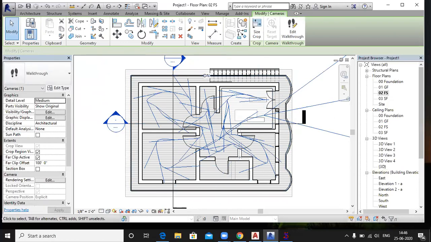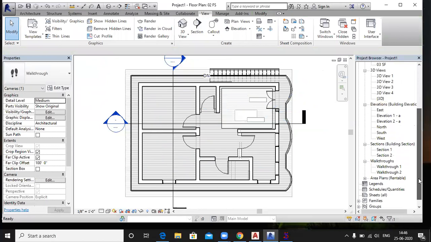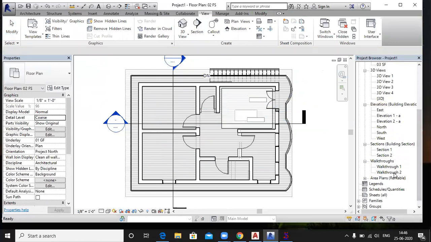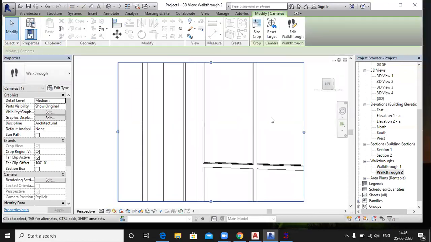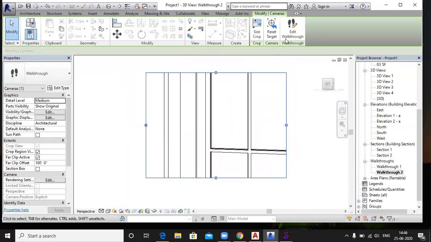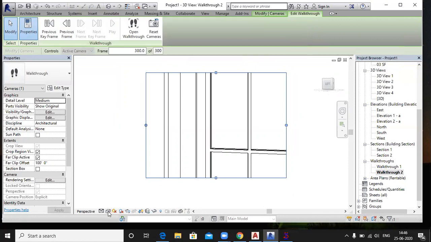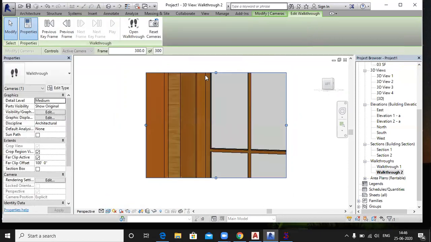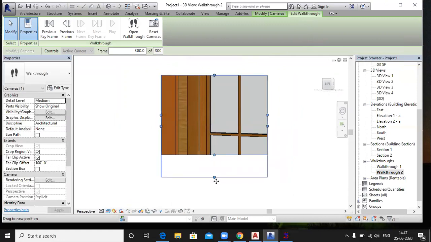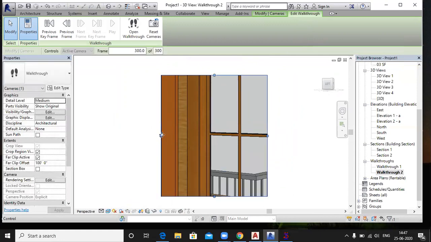Now you just finish it. Now we have two walkthroughs. This is one and this is two. You just double click on the second walkthrough, and click on the edit button, Edit Walkthrough. Click here as a realistic view, and just manage your views by cropping it like this.